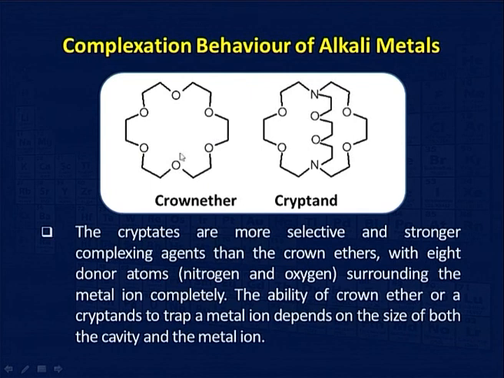selective. You can vary the size of this, you can have 4 oxygen, 5 oxygen, 6 oxygen, 7 oxygen, and their number will be mentioned. As I have said, we have shown you an example here of 18 Crown 6. You can have different cavities, and they will interact with the metal ion according to their size. Lithium will not fit into it because it is too small in size, and potassium is the most appropriate metal ion for 18 Crown 6.